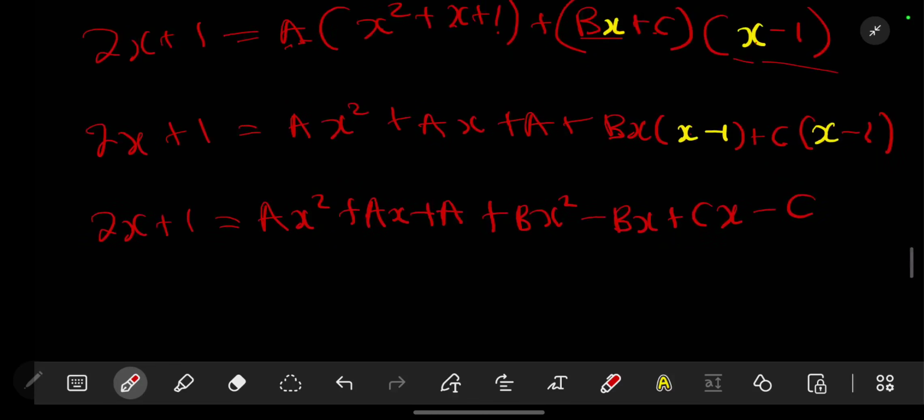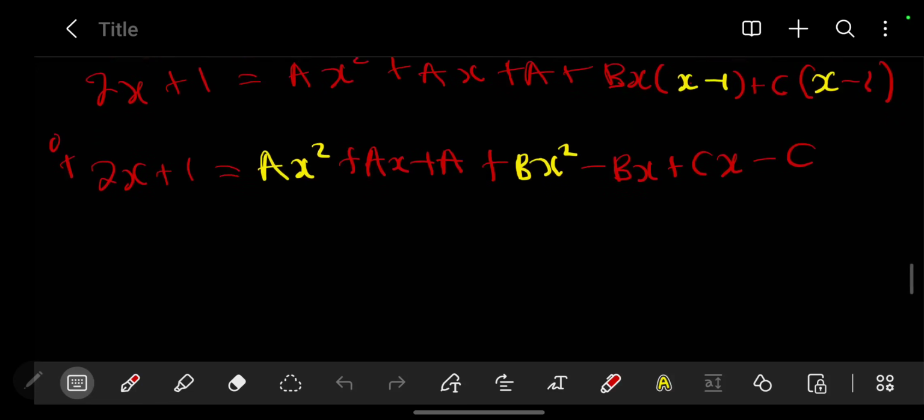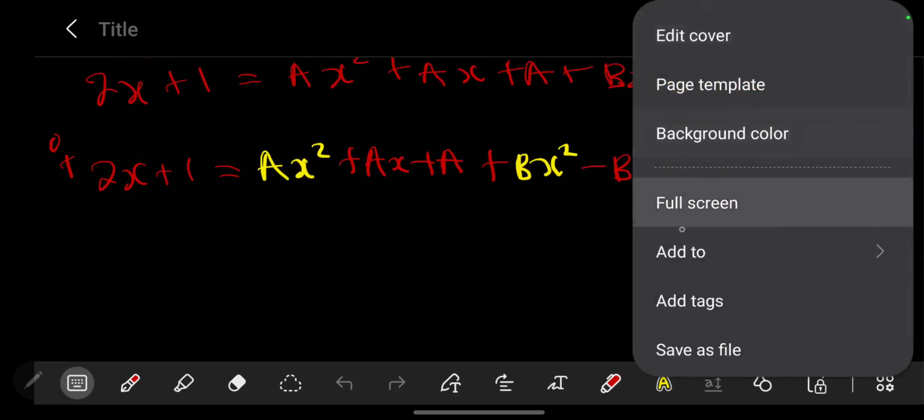So from here, what we can just do is compare. Get any of them that have got b. So you have your ax squared and bx squared. You can equate it to any number here that has got x squared. So this side it's there, but it's 0x squared. So with that said, it simply means to say